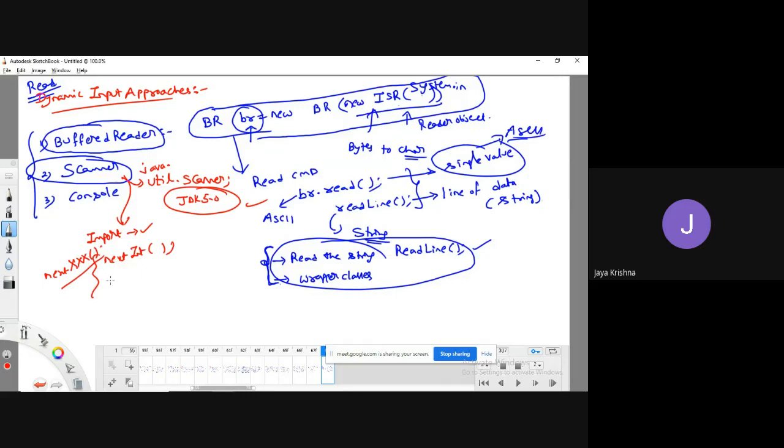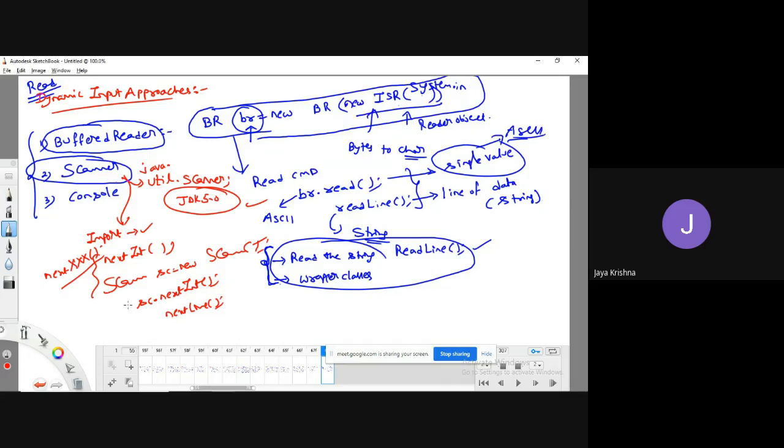For example, I can create a Scanner class object: Scanner sc = new Scanner(System.in). If I want to read an integer, I can use nextInt. If I want to read a complete next line as a string, I can use the nextLine method.